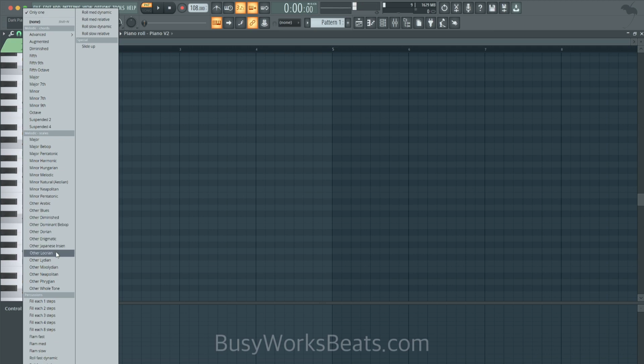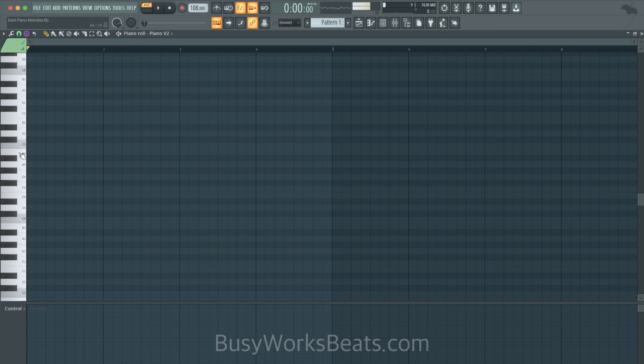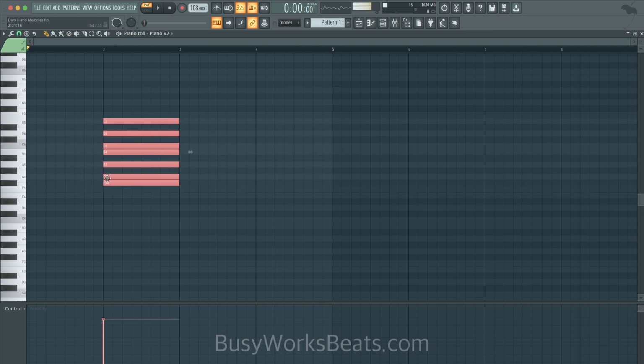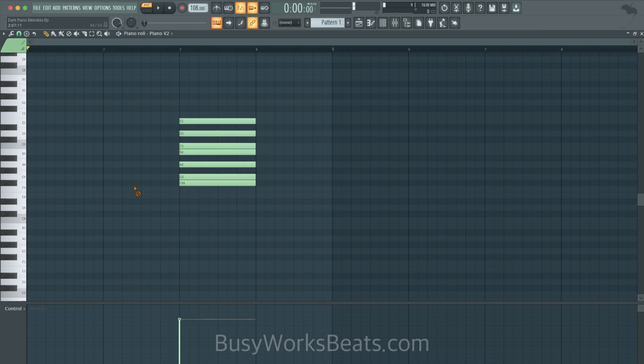But my point is, we're going to pick from other than your major and minor scales. We're going to pick something called a mode. So we're actually going to start in what's called Locrian mode. And let's just pick a top note we like. So, okay, E is going to be our top note. So we're in F sharp Locrian in this case.